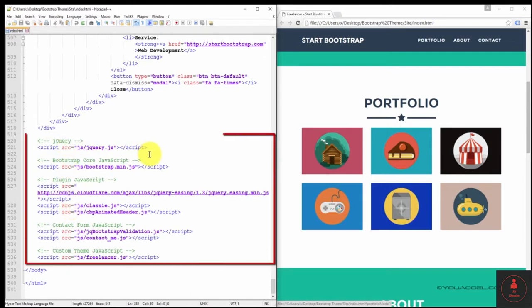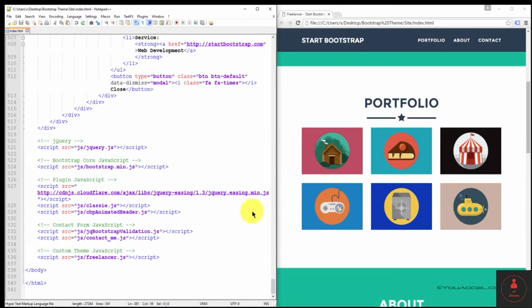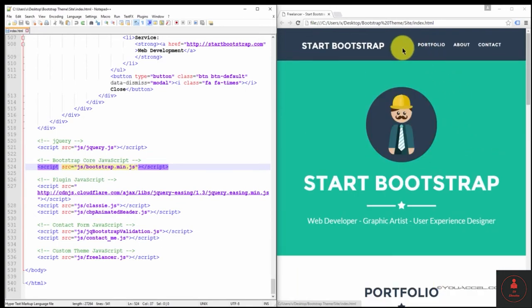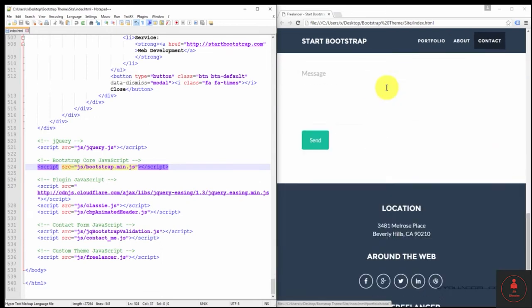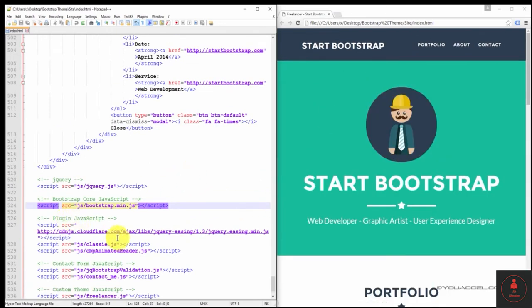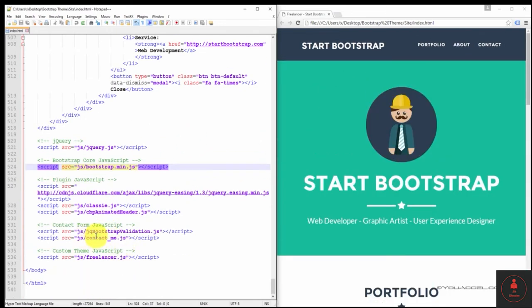At the bottom of the page, we have some script files that are used. And these are used for various functions on the page. So for example, we have the jQuery library. We have the bootstrap.min.js file, that's essential. We have some plugins that are used for different animations. For example, the easing when the navigation expands and contracts. And also we have